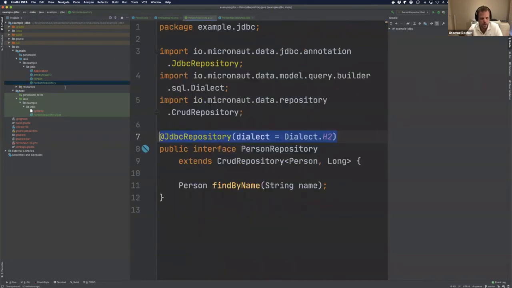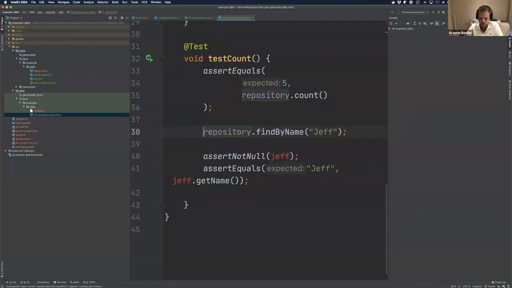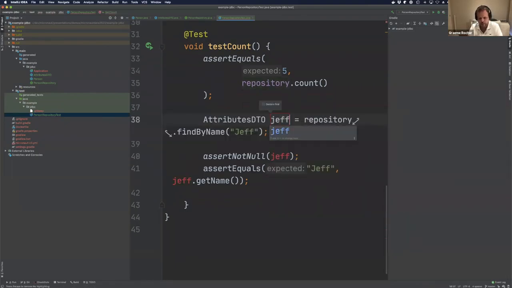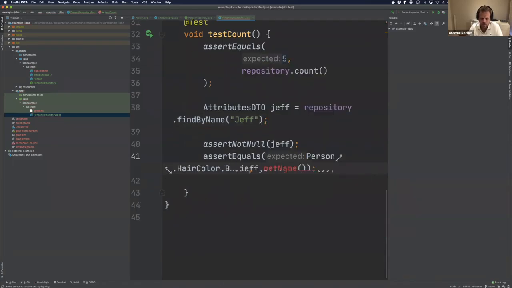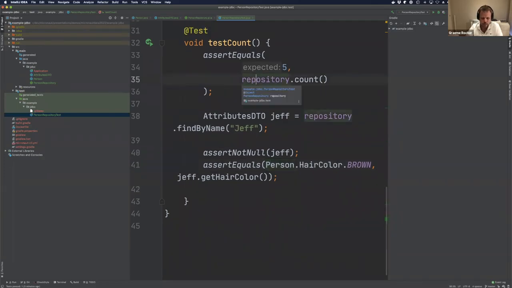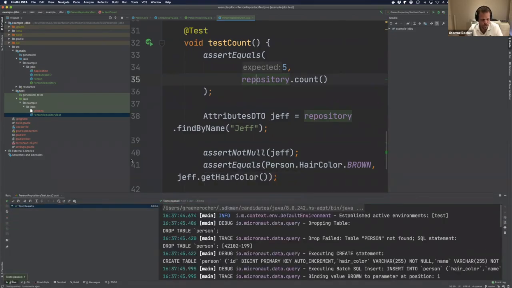And what that means is, I can write another query in here that just asks for the attributes of a person, and you can see that over here it's failing. So I'm asking for the attributes of Jeff, and we can see hair color from Jeff, or whatever. So what's going to happen here is, if I run that and it passes, you'll see that